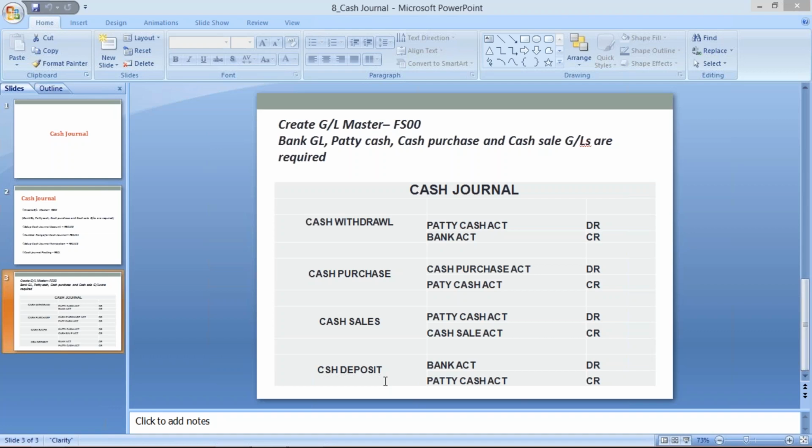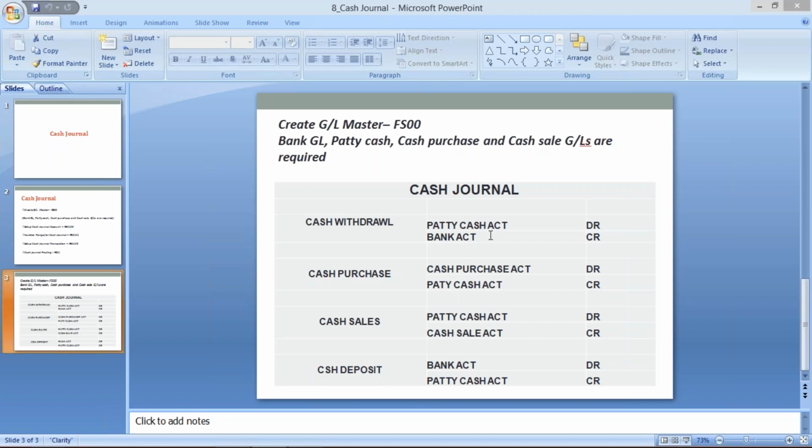There is a rule that we cannot maintain more than 20,000 rupees in the petty cash GL, so whatever surplus amount is there, we have to deposit into the bank account. Then the bank account will be debited, because the bank account is the receiver, or in the simplest way, an increase in an asset is debited, and then the petty cash account is credited.